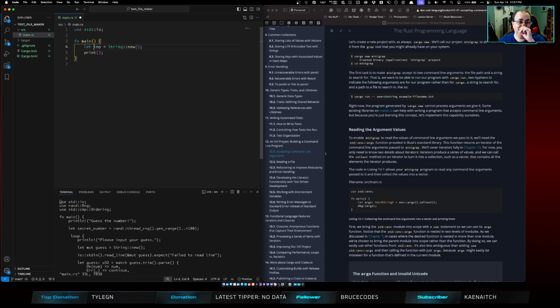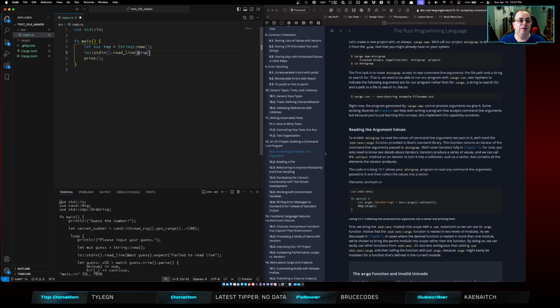It will need to be mutable. And then standard in, right? We're going to read line from our